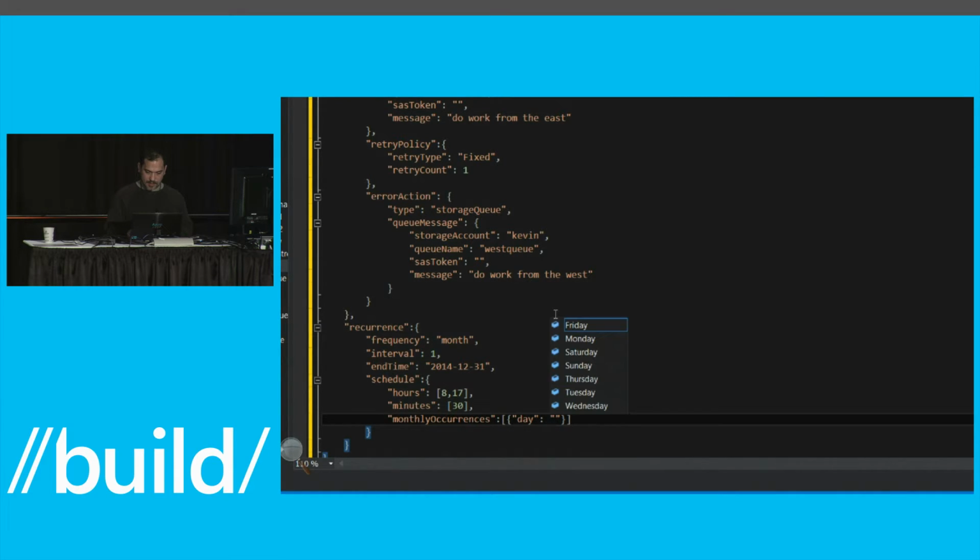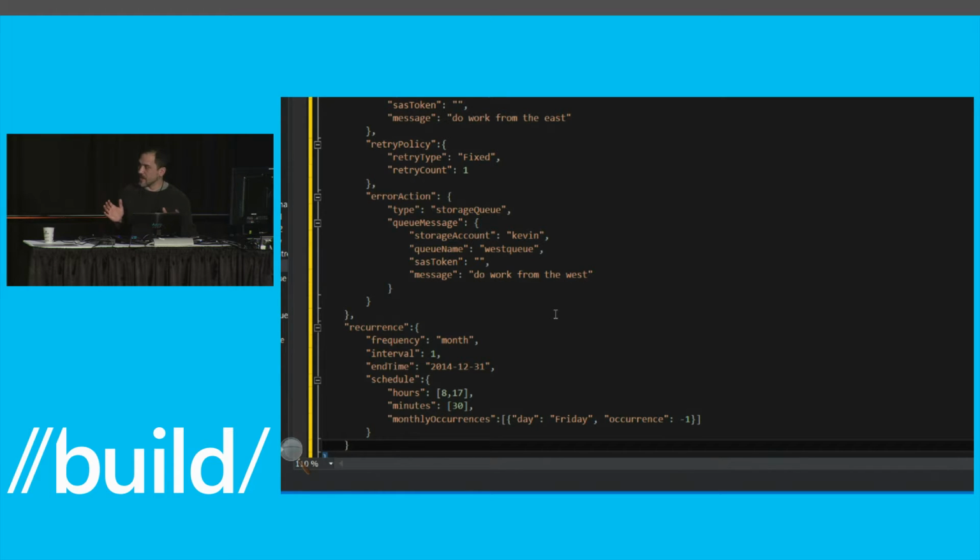What's going on? Oh, there we go. Fat fingered. And I want it to be on the last Friday of the month. So occurrence, and you say -1 means it's the last Friday. If I picked 1, it's the first Friday of the month. And that's it. I've just described a complex schedule where my job will run from now until the end of